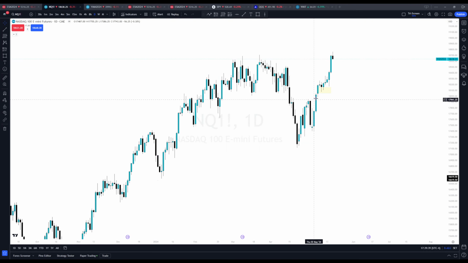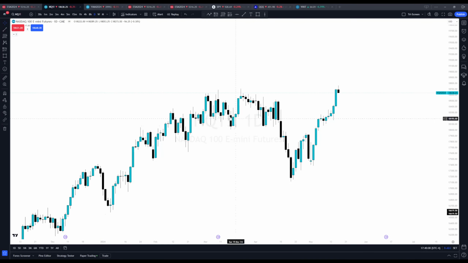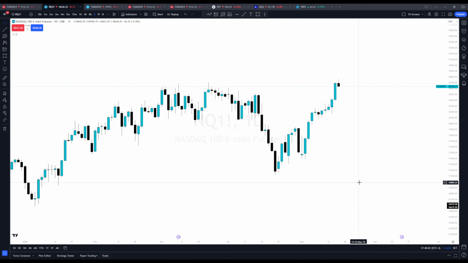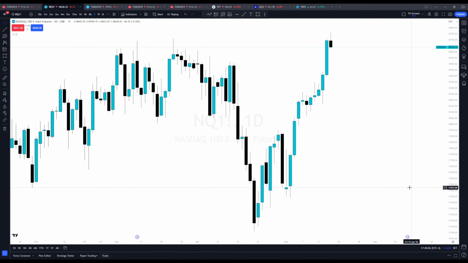But the last thing that I want to go over with you guys is macro times and algorithm times. So basically, I guess ICT has backtested this over and over and dialed in what times we can expect price to deliver to liquidity. Our two biggest times of the day are going to be 10 o'clock and 2 o'clock.